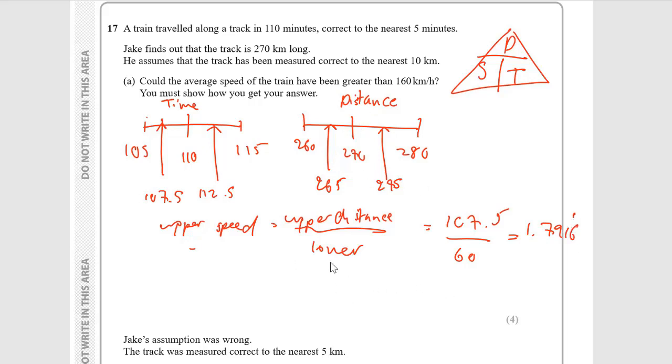And then we have 275. So upper distance is 275, and then the lower time is 1.7916. So we get 153.4